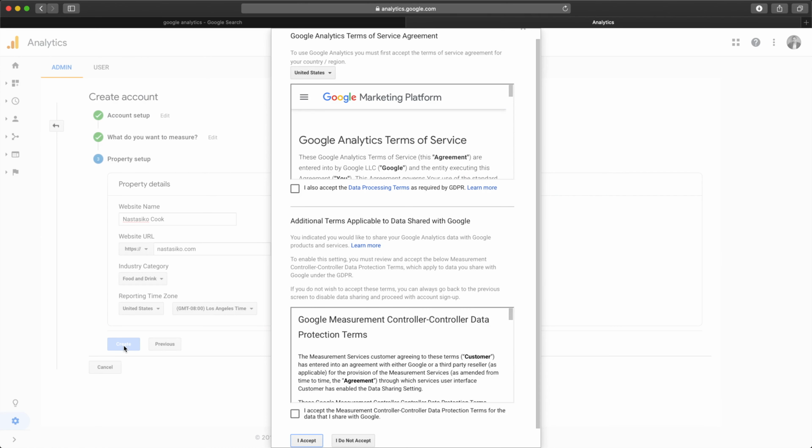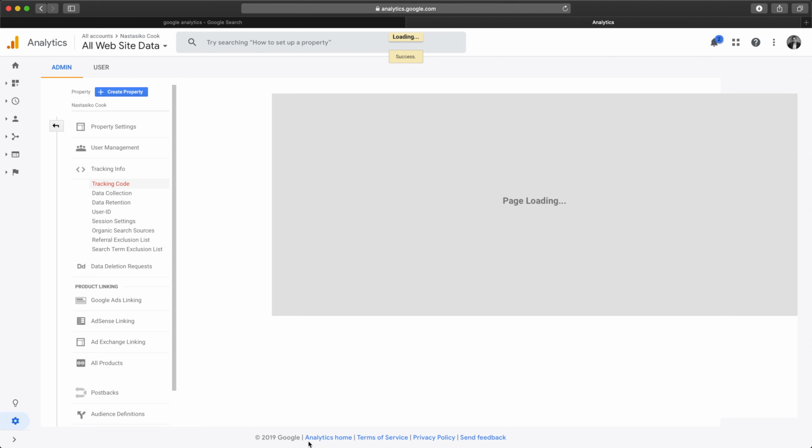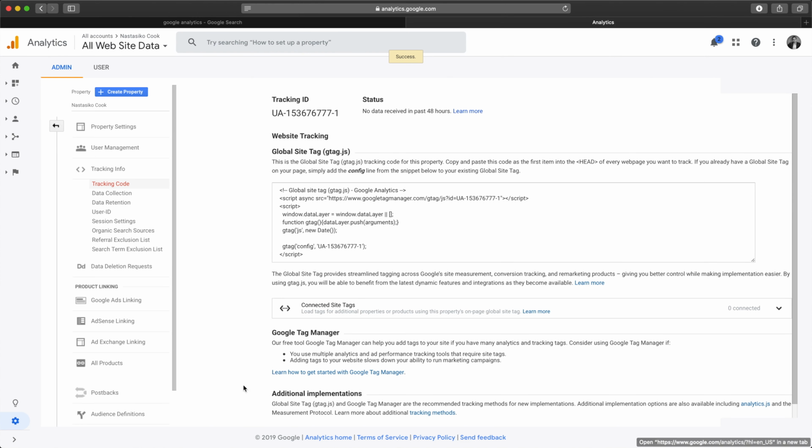So after that, we just click on the create button, agree to terms and conditions. Of course, if you want, you need to read them. And after you accept them, you now have the new Nastasiko Cook property in your Google Analytics account, and it